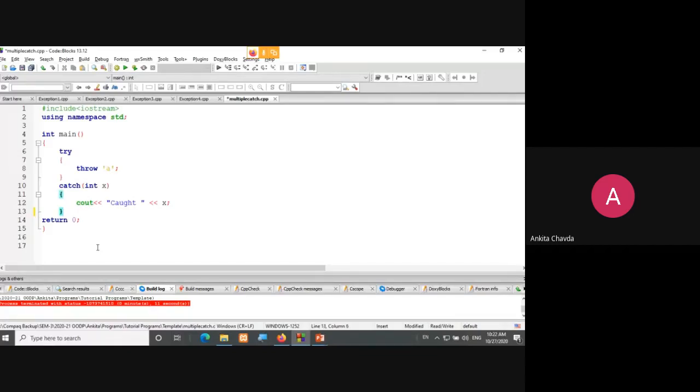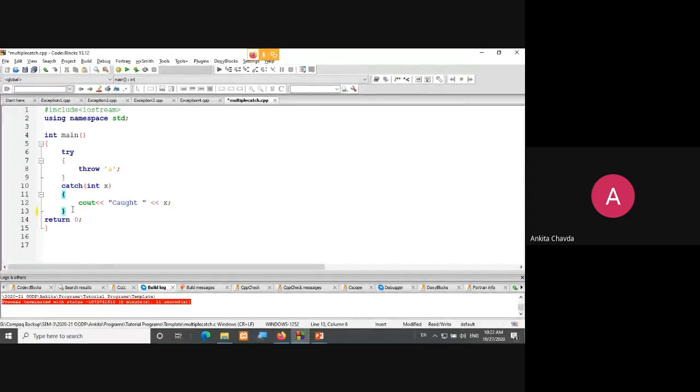If I am writing a simple statement like this, in try you are raising an exception over here. You are throwing one kind of exception. And inside a catch, you have written integer x. So this is not an integer value, right? So this catch fails to catch such kind of exception. You have to provide particularly a character x or something like this. But I want one kind of catch which is able to handle all the exceptions.